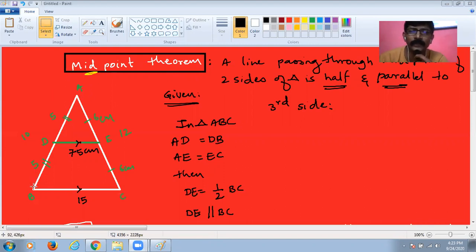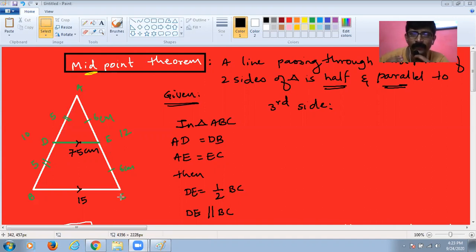See, out here I have drawn triangle ABC. So suppose this is triangle ABC. Now this is point D and this is point E. So D and E are the midpoints of side AB and side AC. Let's understand once again. D and E are both midpoints of side AB and AC respectively. Are you getting it? So what exactly is midpoint theorem?